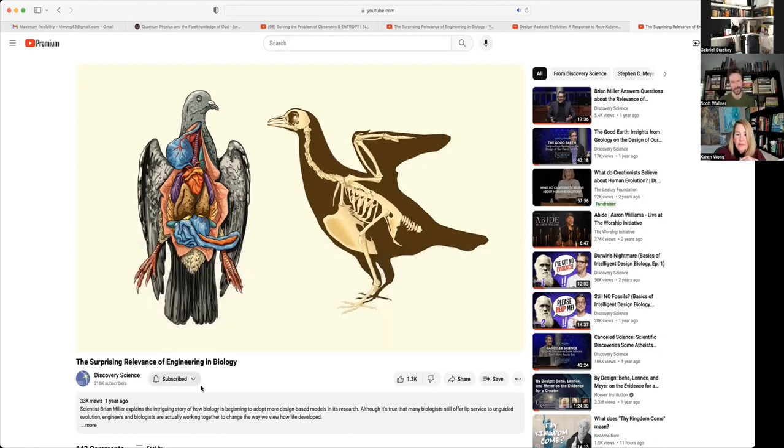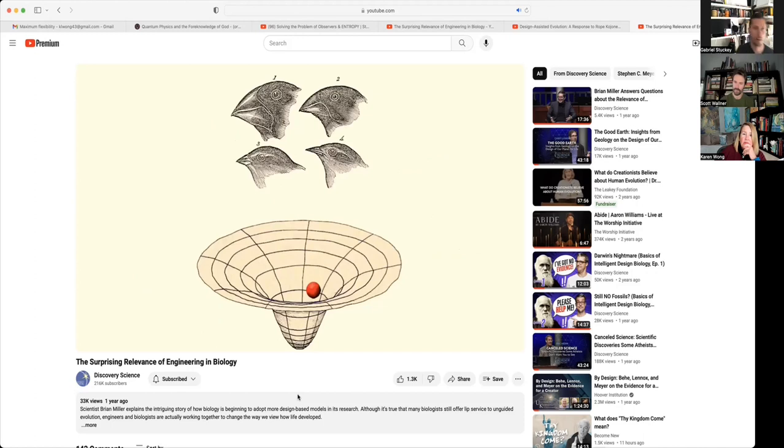But a lot of that design logic is fixed. So if you look at the bone structure of an order of birds like ostriches, you have a certain bone structure, they interconnect in a certain way, there's certain organs. And what happens is that is fixed. At a certain point in the life cycle, that's fixed, it does not change. But this design logic allows certain parameters to change. So if you look at finches, every finch has a beak, which is the same basic structure, but some beaks are thicker, some are thinner, some are longer, some are sharper. So you have parameters in this design logic that are flexible.